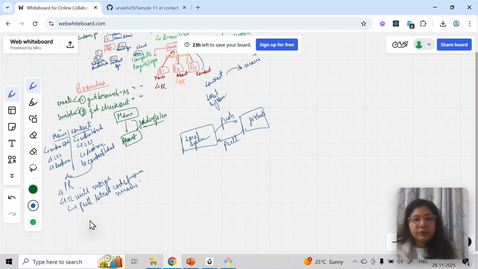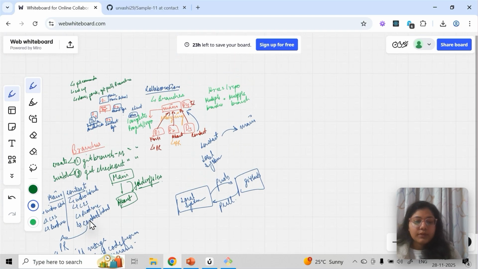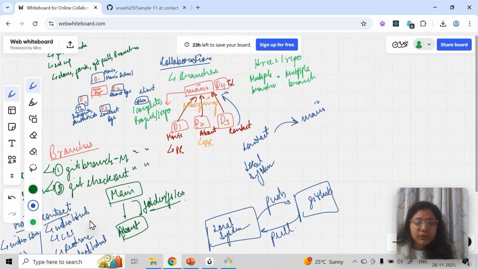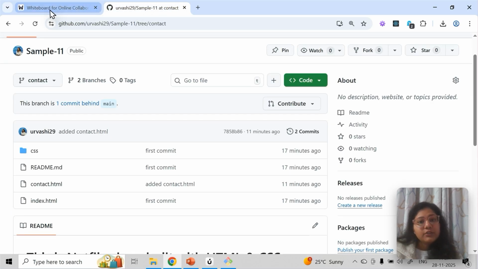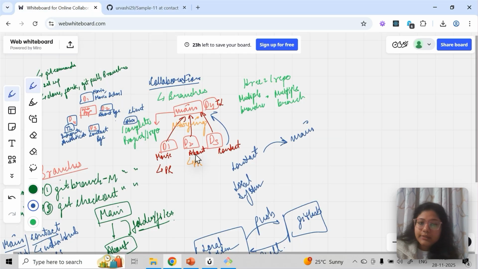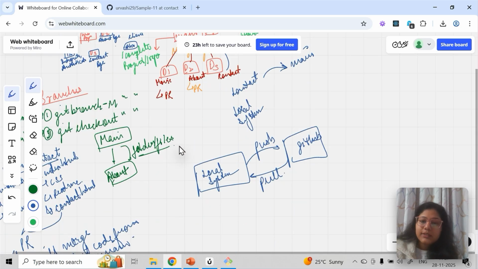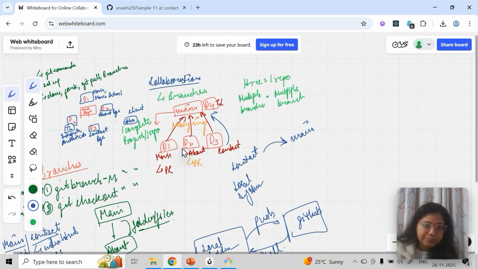If you had confusion, especially if you work in real time, about what this pull request means, and how different branches work together, how people work together, and then everything is merged to main. That is what we deliver to the client simply. So this is how this concept works.